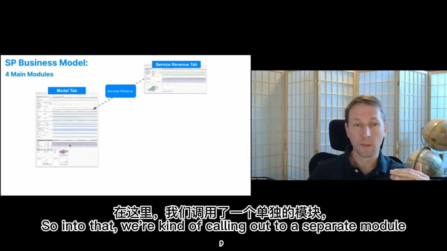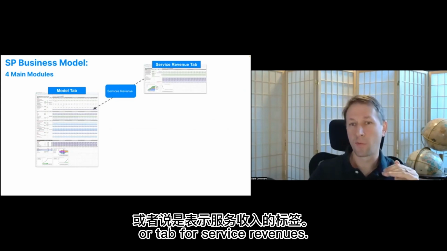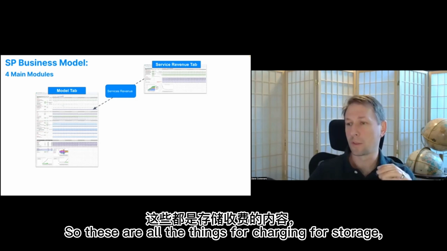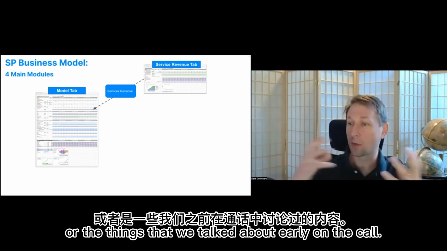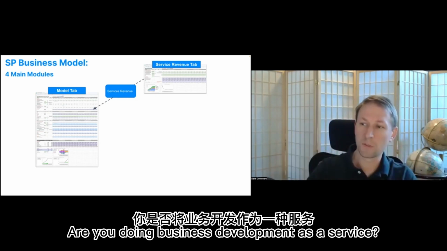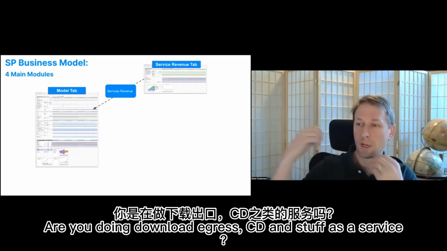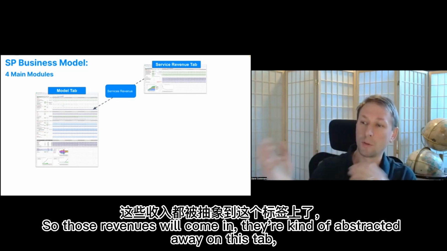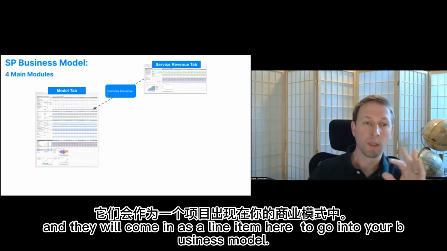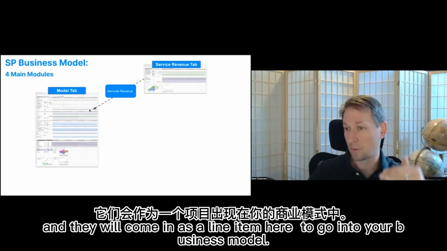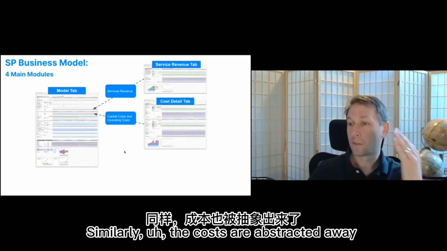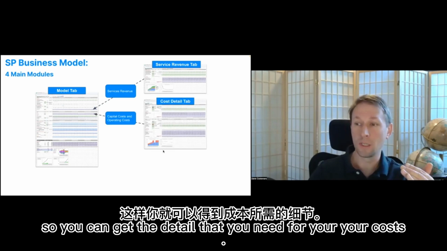Into that, we're calling out to a separate module or tab for service revenues. So these are all the things for charging for storage or the things that were talked about early on the call. Are you doing business development as a service? Are you doing download egress CDN stuff as a service? Those revenues will come in. They're abstracted away on this tab, and they will come in as a line item here to go into your business model. Similarly, the costs are abstracted away, so you can get the detail that you need for